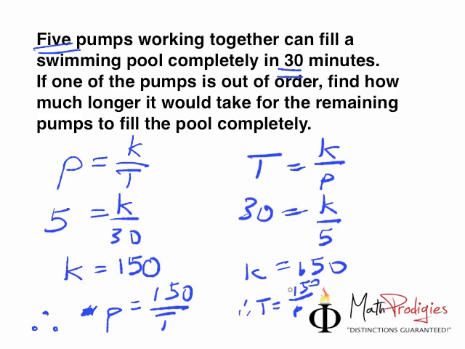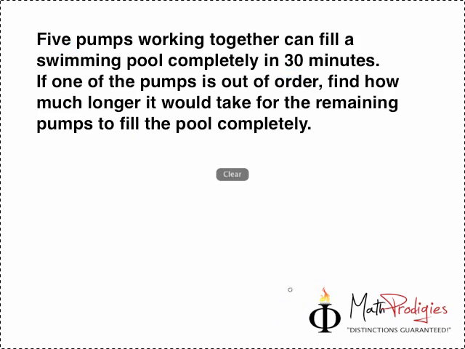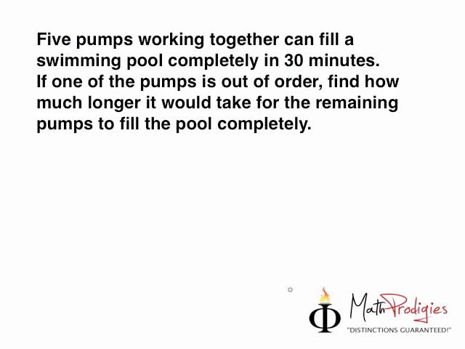Okay, so the first step is to do that: P equals 150 over T. The next step is for you to just plug it in. The question is, when one of the pumps is out of order, that means 5 minus 1 pump. When P equals 4,